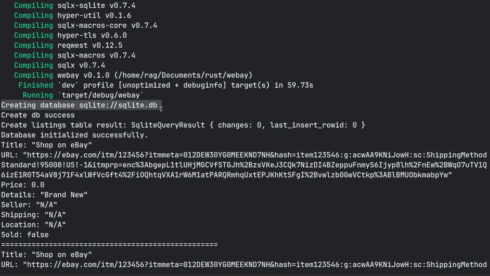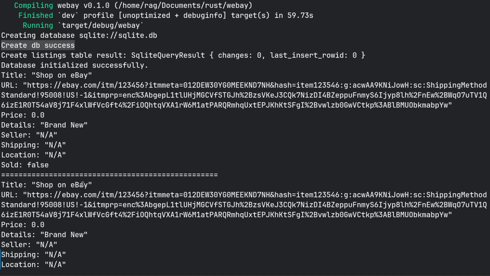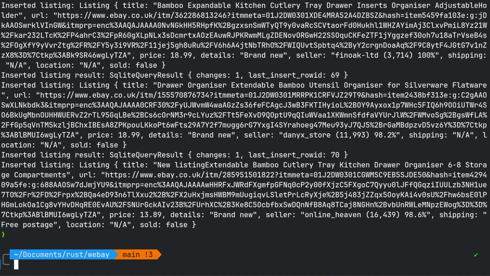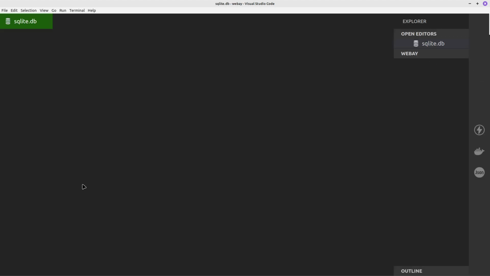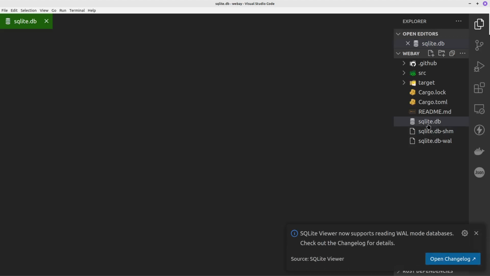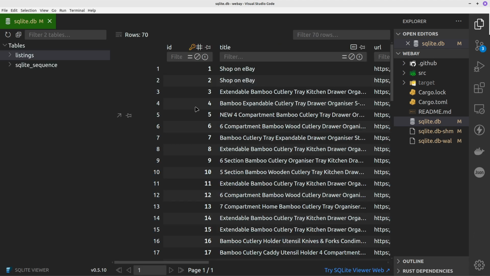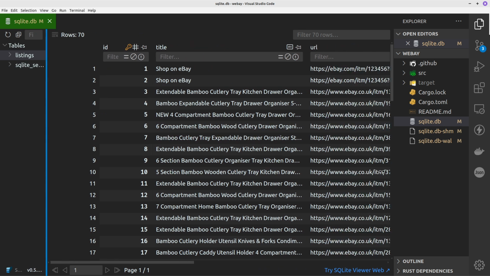So creating a database, success. I thought I put the code in to display how many results there were, but maybe not. So actually, if we go into, I mainly use Vim for everything these days, but VS Code's got an extension for SQLite viewer, which is quite good. Now you can see